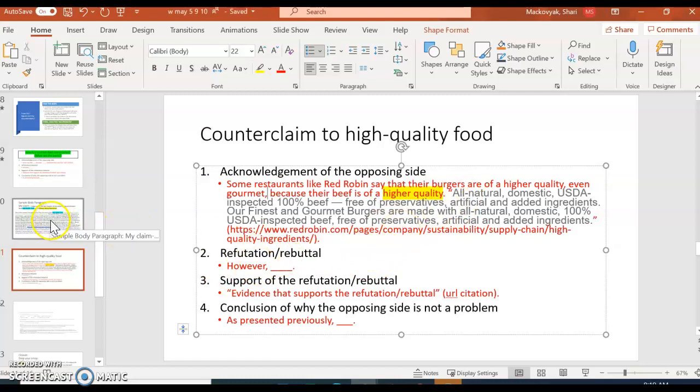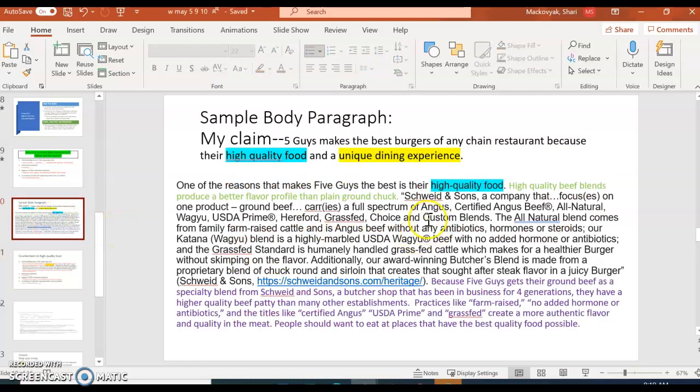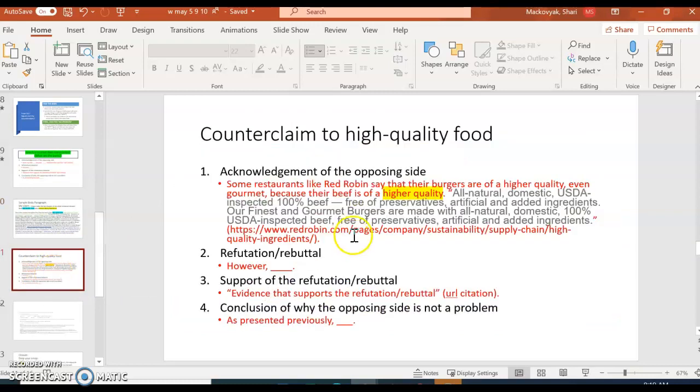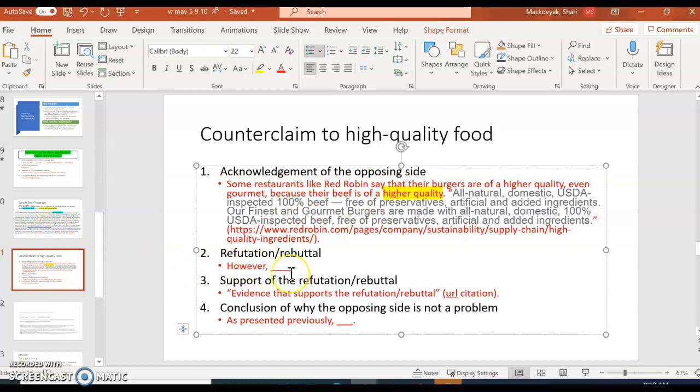So when I looked at my own paragraph here, what words are the same and what words are different in their quality of beef? So we've got the however. What is my side? Why is this not right? And why is my side right? So, however,